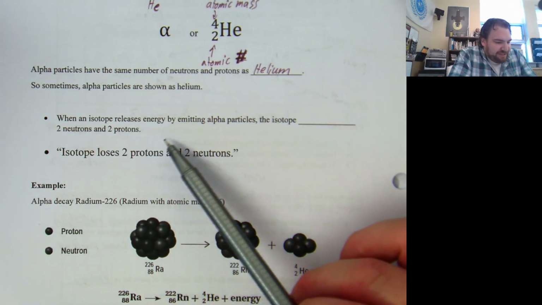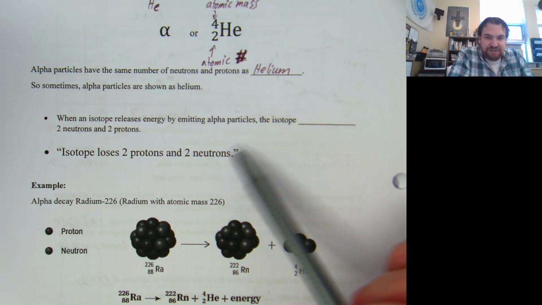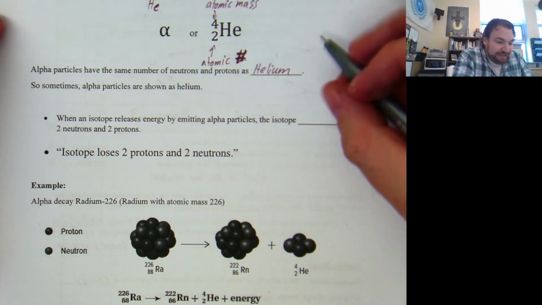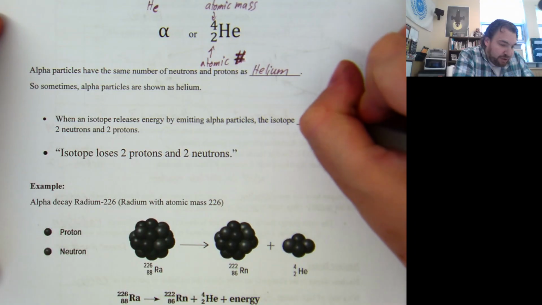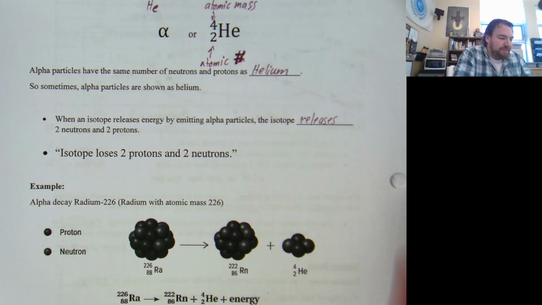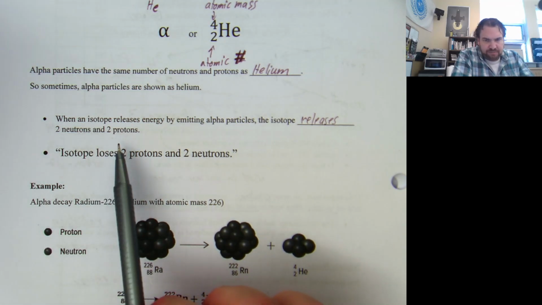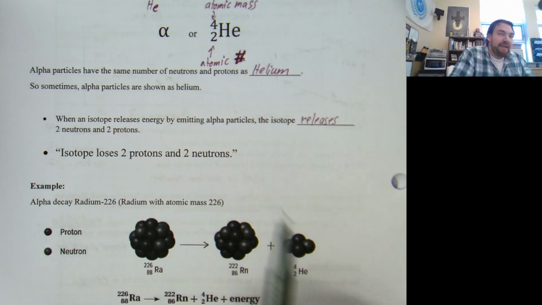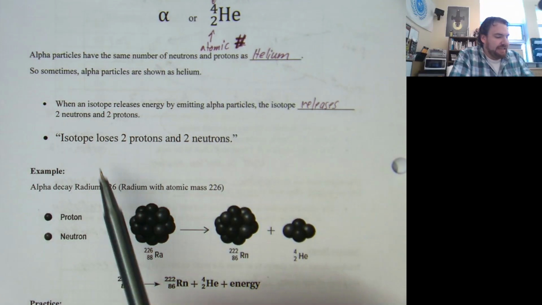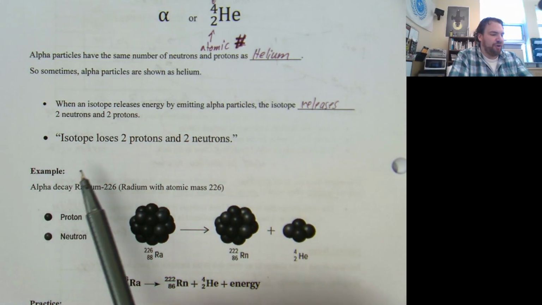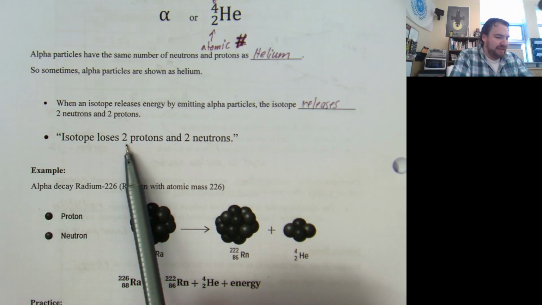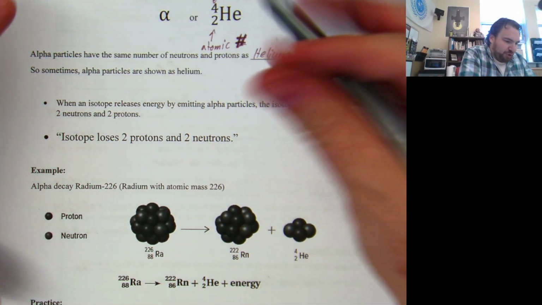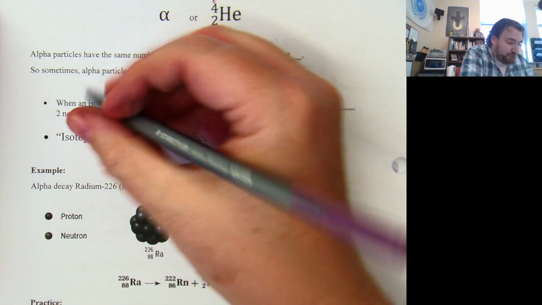When an isotope releases energy by emitting alpha particles, it releases a little bundle of 2 neutrons and 2 protons. And so as a result, the isotope, whatever was sitting there, released 2 protons and 2 neutrons. So for the isotope to lose 2 protons,